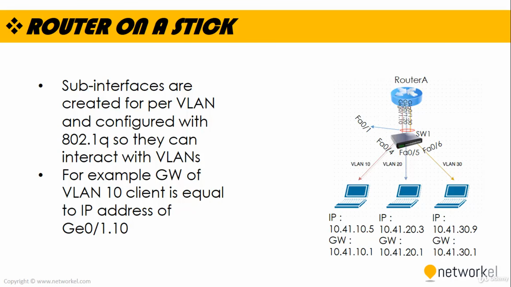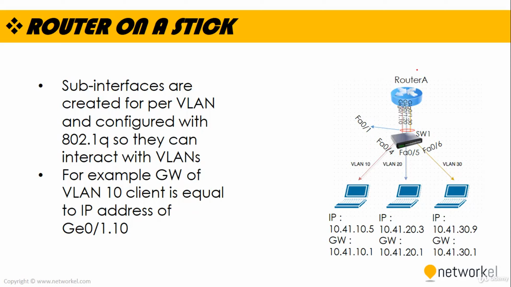Let's go ahead with the router on a stick. Router on a stick is a term frequently used to describe a setup that consists of a router and a switch connected using one Ethernet link configured as an 802.1Q trunk link. In this method, the switch is configured with multiple VLANs and the router performs all routing between the different networks and VLANs. For this purpose, you create sub-interfaces configured with 802.1Q so they can interact per VLAN on